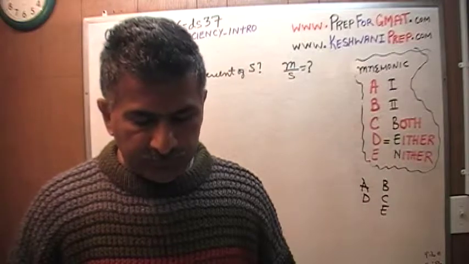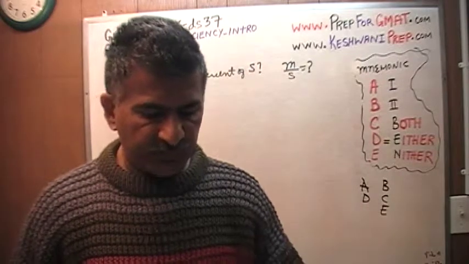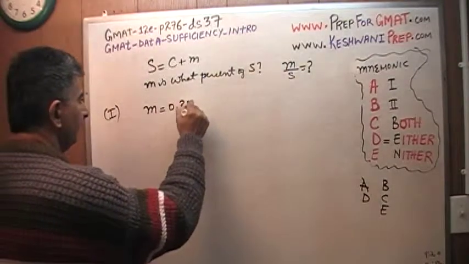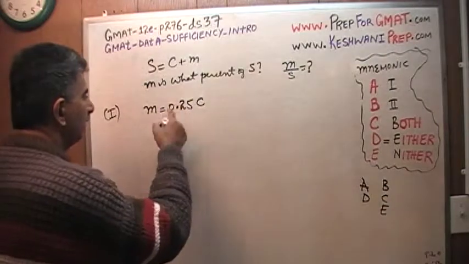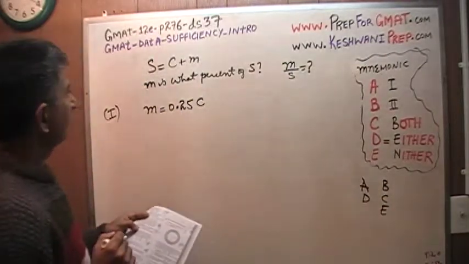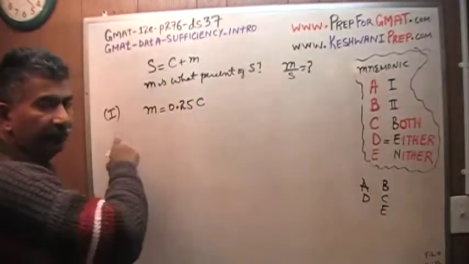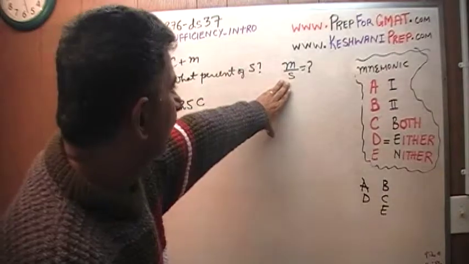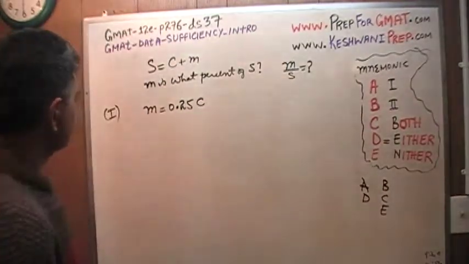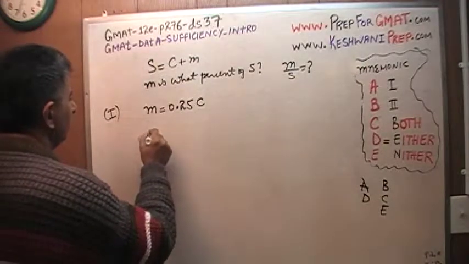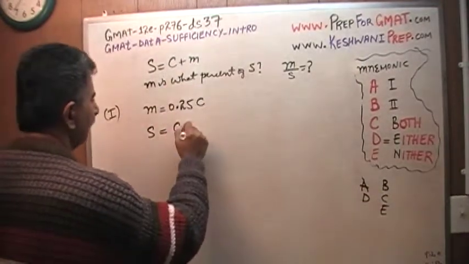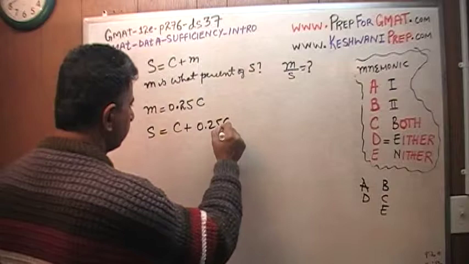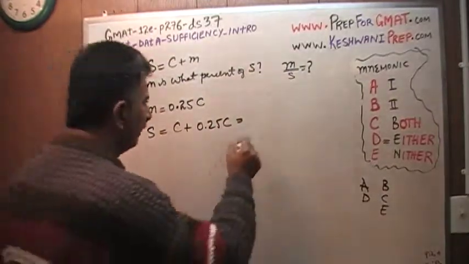Anyway, statement number one says the markup on a certain television set is 25% of the cost. All right. So here we are told that markup is 25% of the cost. And somehow we have to figure out if this data is enough to ascertain the value of the ratio of M and S. Well, let's find out. We also know the selling price is cost plus the markup, which we are told is this part here, which means that the selling price equals,